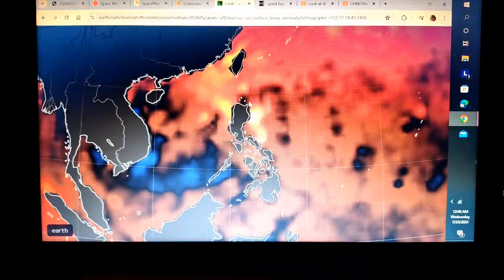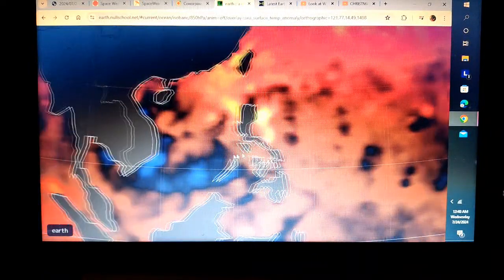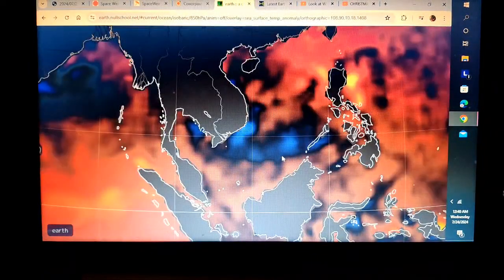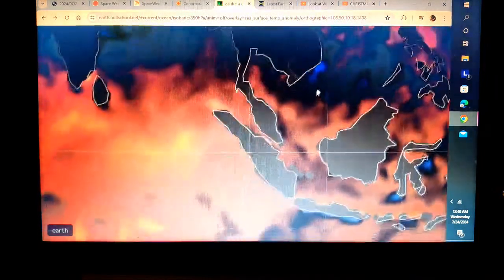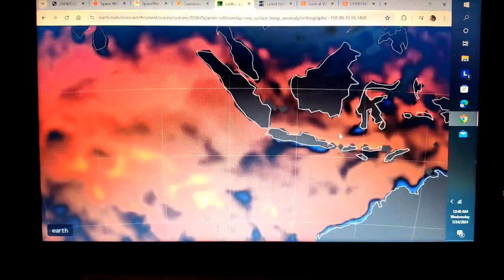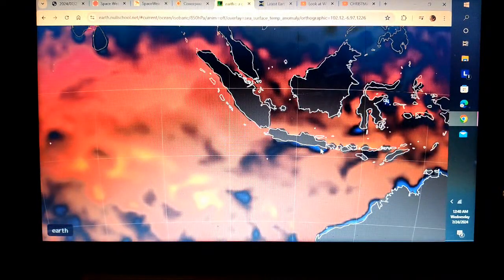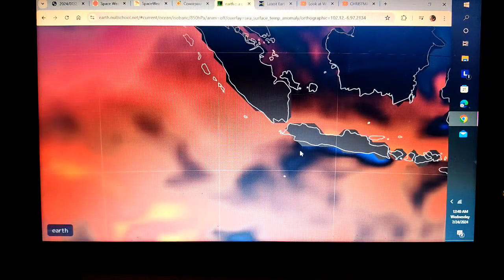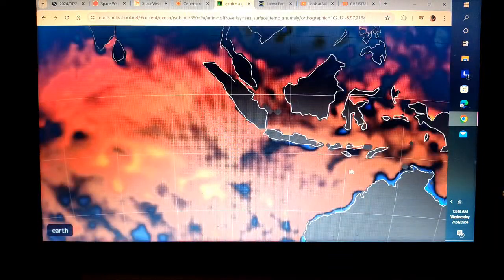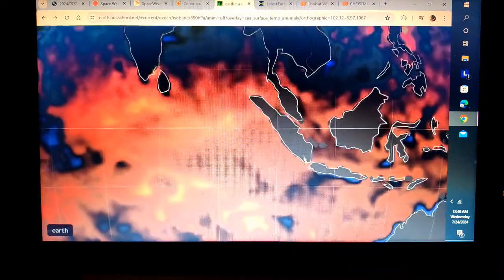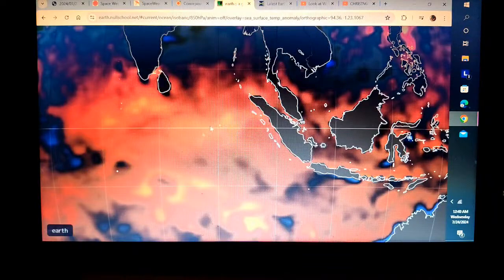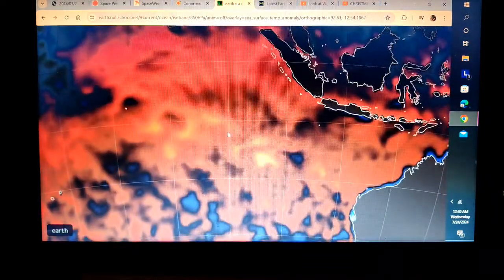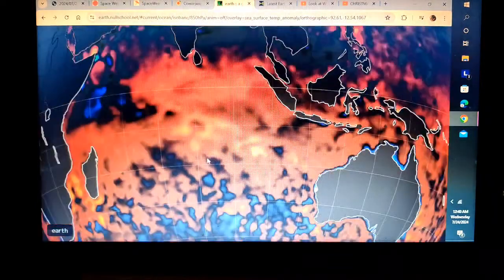Meanwhile, we got another heat plume growing here off the Philippines. Look at all this cold water in this area. This is where the hot water is supposed to be. Okay, meanwhile, Java, one of our emission sites, doing well at keeping cold water inundation, or at least right off the coast right here. Okay, so there's not a big old plume right there. Meanwhile, Sumatra is getting a plume growing out here. This area down below, it's starting to fill in.